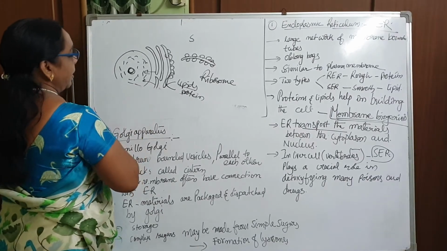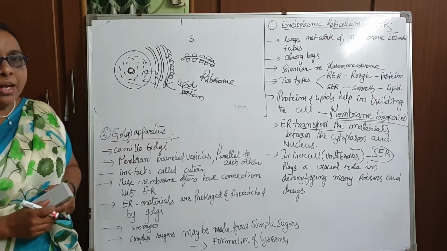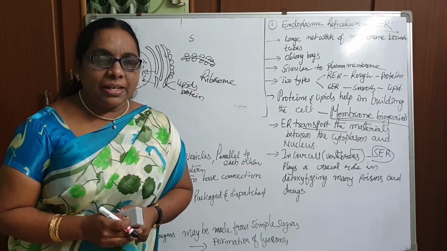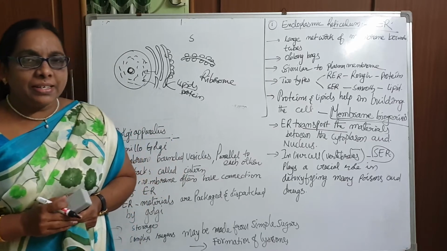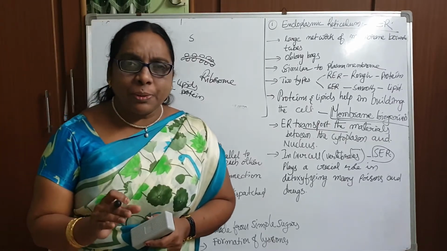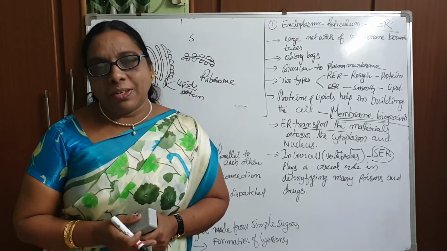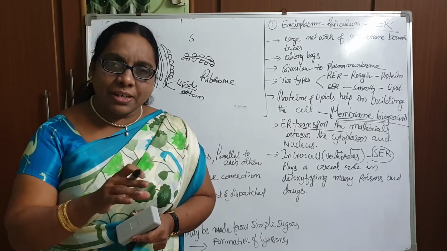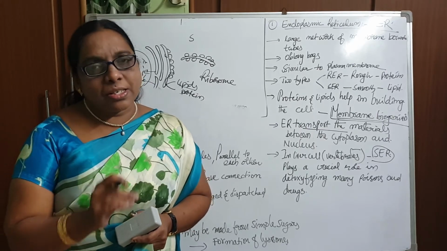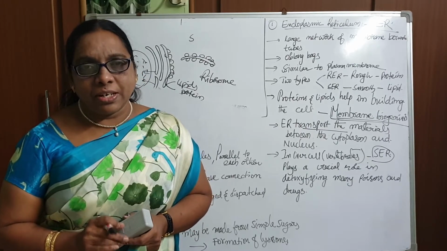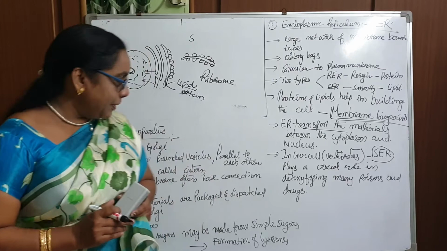The next organelle we'll call the Golgi complex or Golgi apparatus. Who identified this Golgi apparatus? Camillo Golgi. He was a doctor and a scientist, and first he worked in the hospital. He made one small kitchen room and started working on experiments, and later on he converted that small kitchen room into a big laboratory and discovered this special organelle. In the box in the textbook it is given; if you read that you will get enough information regarding it.